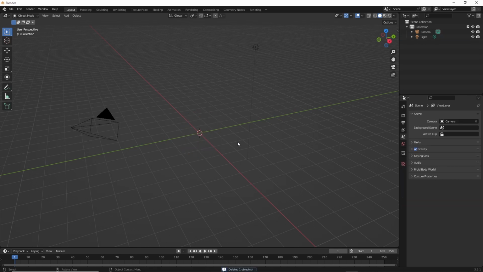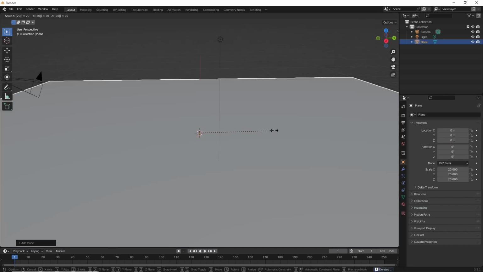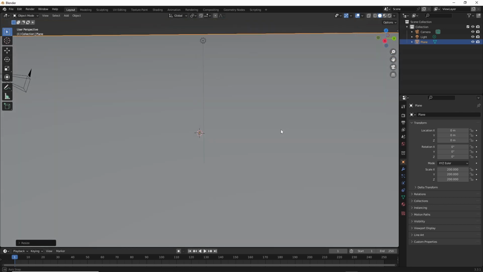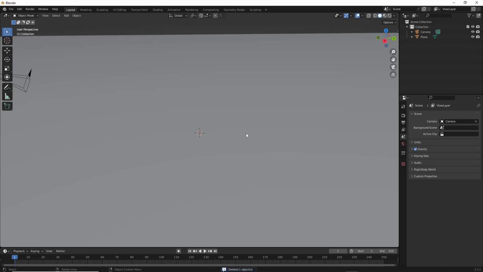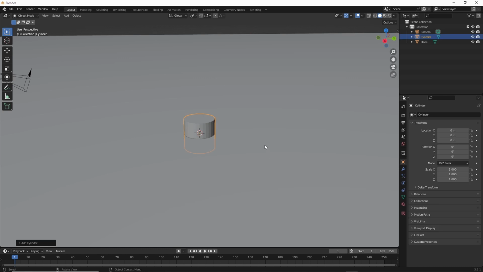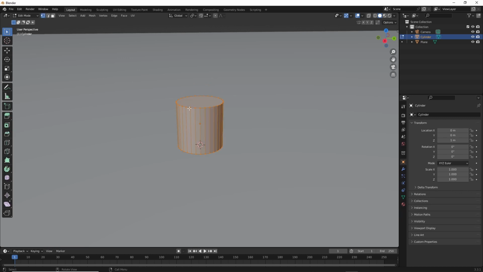So let's delete the default cube, Shift A, add a plane, scale it up 200 times because we want a nice big plane of snow, and then we can delete the light, we won't be needing it. Shift A, add a cylinder, that's what we want, G Z 1. Let's bring it up off the floor, and then we'll tab into edit mode, and we'll grab the top ring of